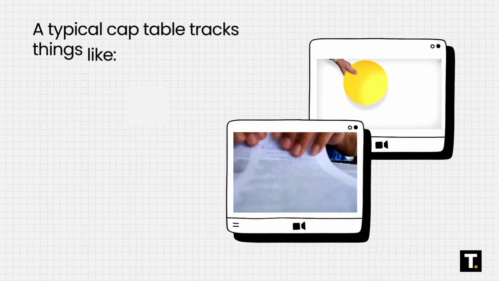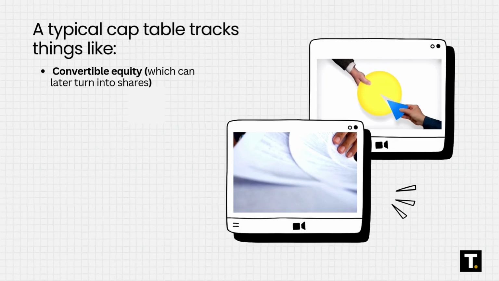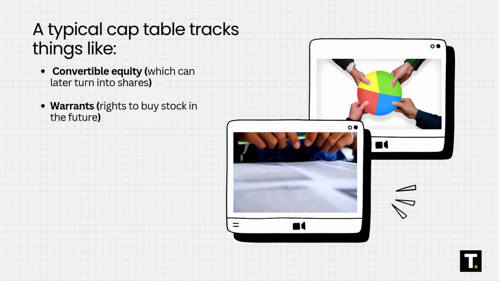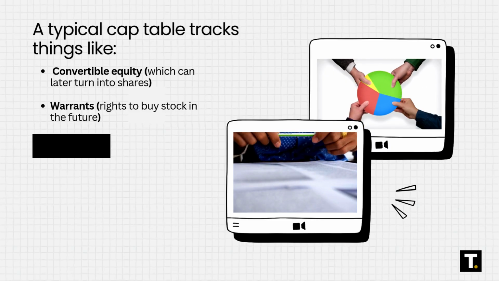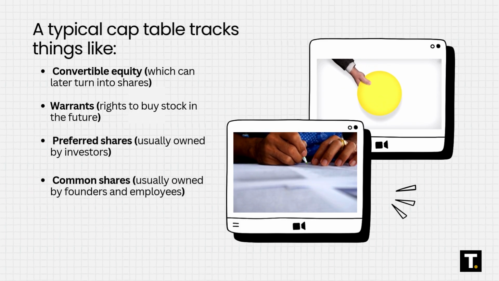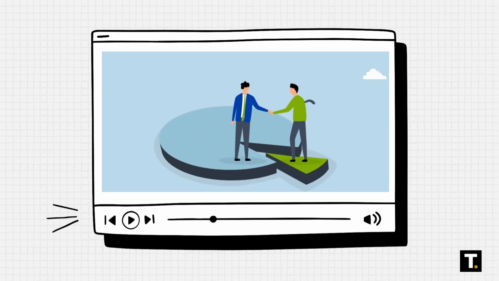A typical cap table tracks things like convertible equity, which can later turn into shares, warrants, rights to buy stock in the future, preferred shares, usually owned by investors, common shares, usually owned by founders and employees, and any other form of company ownership. It can also show each investor's contribution, the number of shares they own, and their percentage